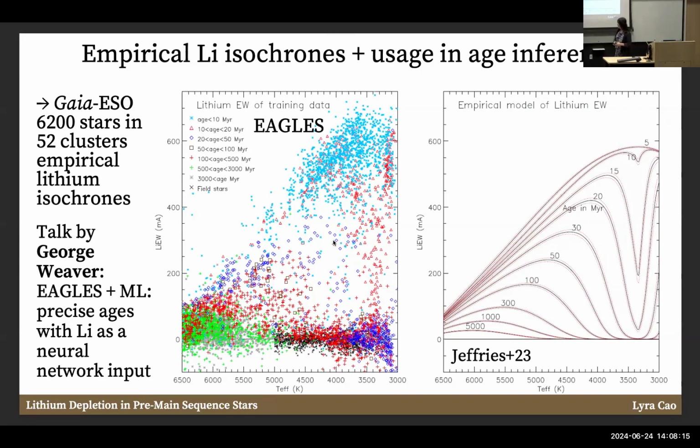On the left-hand side, this is Teff versus lithium equivalent width, and you can see that the points are color-coded by their age. You can see that there are patterns in the colors that pop out in this diagram. And building these kinds of empirical libraries, such as on the right-hand side, empirical models about how lithium equivalent widths deplete over time is incredibly useful because this gives us a technique to actually